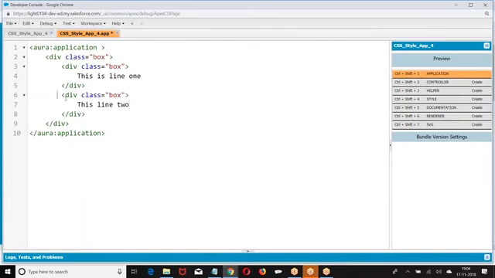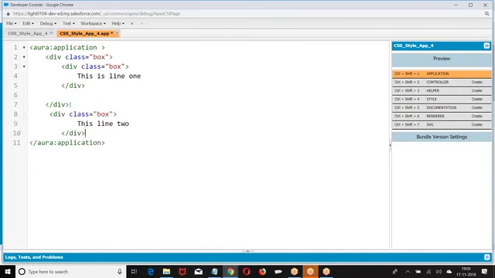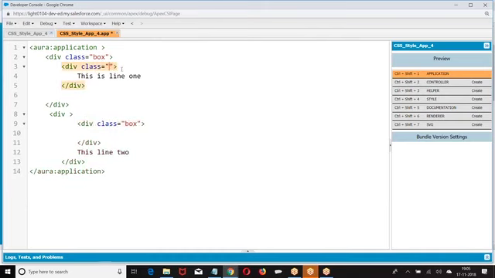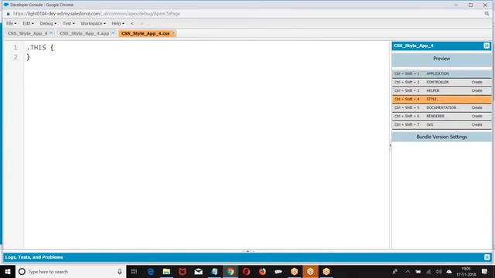Maybe to get the structure right for you. View box, box and one. Apply the style. Dot this, dot box.